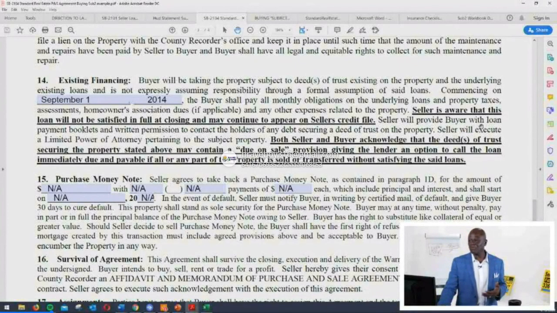It says that seller will provide buyer with loan payment booklets and written permission to contact the holders of any debt securing the deed of trust on the property. It says that the seller will execute a limited power of attorney to give you the ability and authority to operate on their behalf pertaining to the subject property. It also says that both the seller